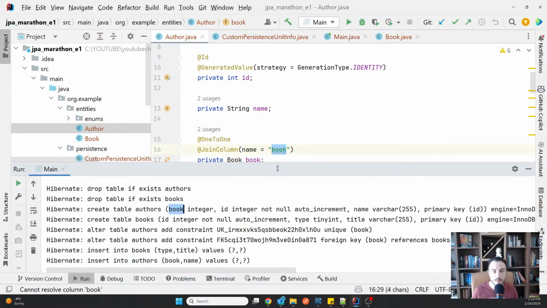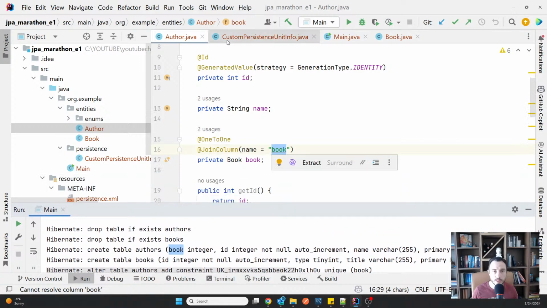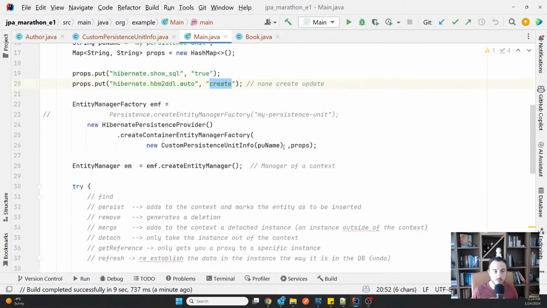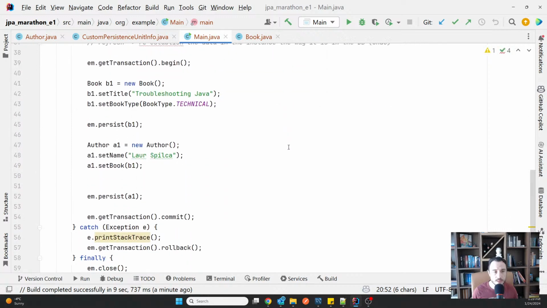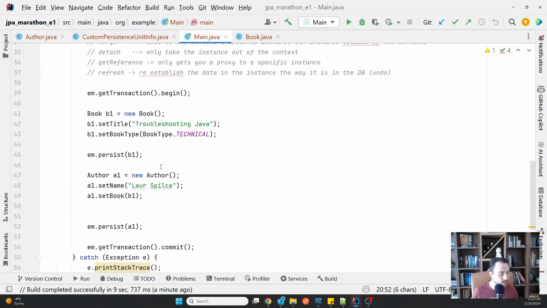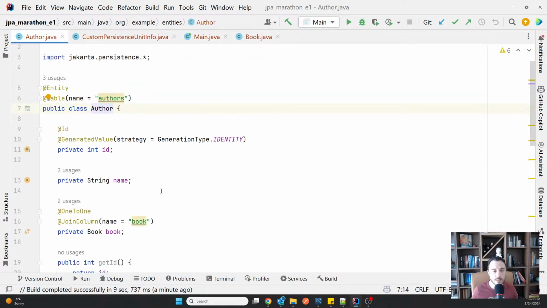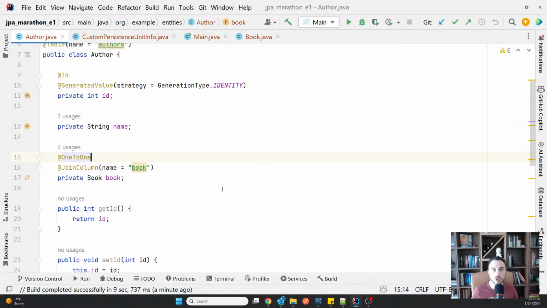Another thing that we want to remember, going back here to the way we persisted the data: I did persist the book and the author independently, and that's normal. Again, it's something I needed to do. But if I have a situation where I know that a relationship will always be persisted whenever I persist its parent, then I can use cascading, because the cascading is given on the relationship annotation.